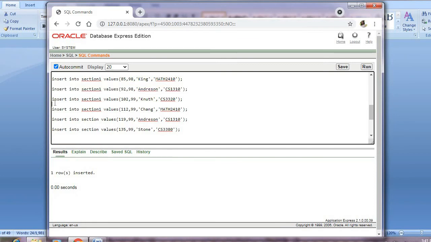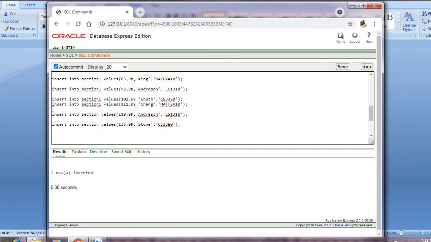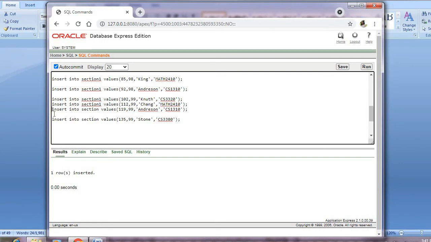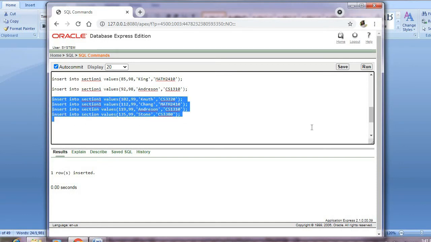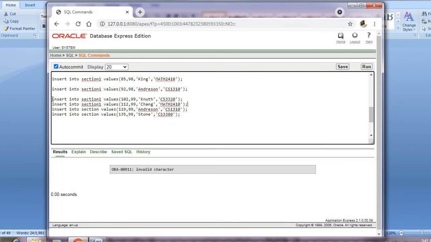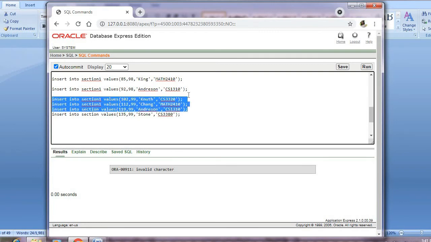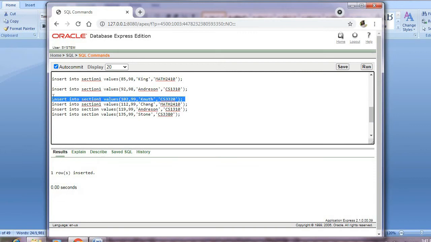After inserting, I'll just check. We'll try all this. What happens if I remove the lines and we try to insert all together once? Is it possible? We'll check. It is not possible. So what you have to do is insert only one record at once. Now I inserted the third record. Now I'll be inserting the fourth record.